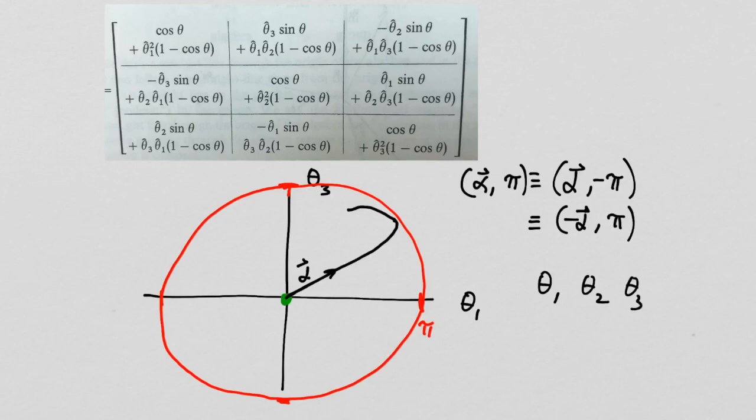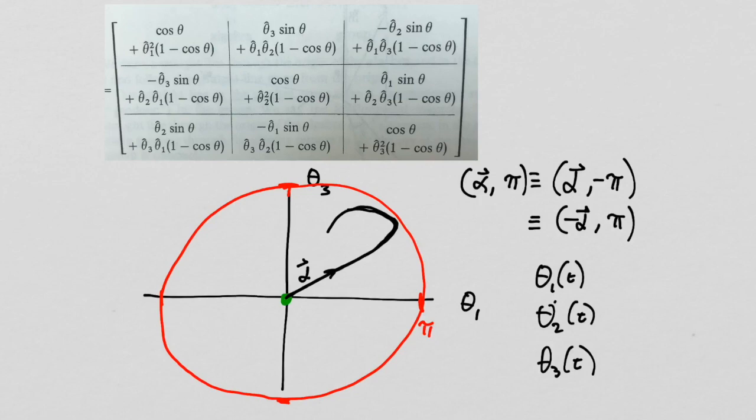Maybe you could parameterize them. If we were to parameterize them, we would draw a path that has the coordinates theta 1 of t, theta 2 of t, and theta 3 of t. So I have one variable t, and that tells me where I am along this path. And then I can wander all through this space, and as long as I never touch the red line, I never have this problem of